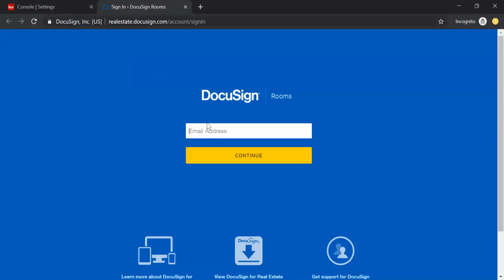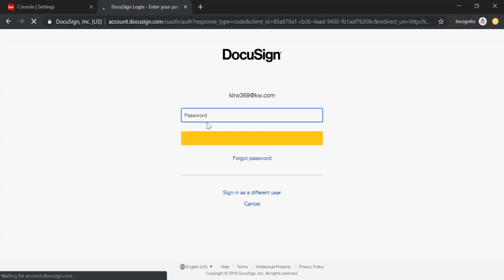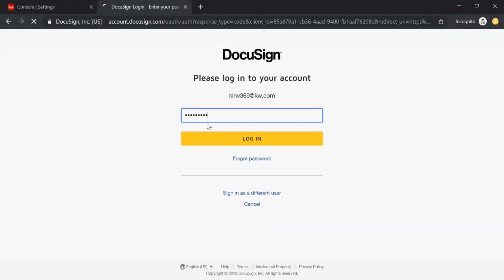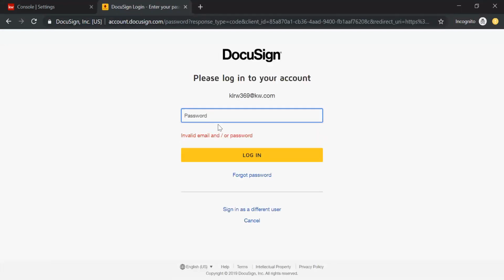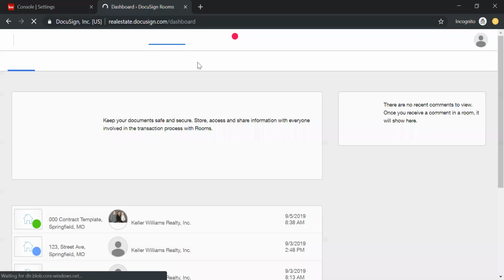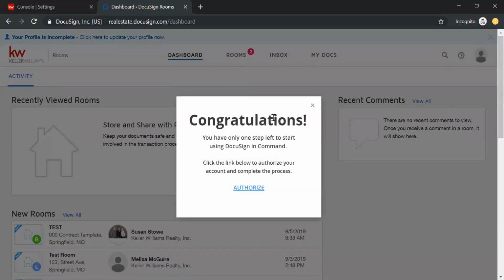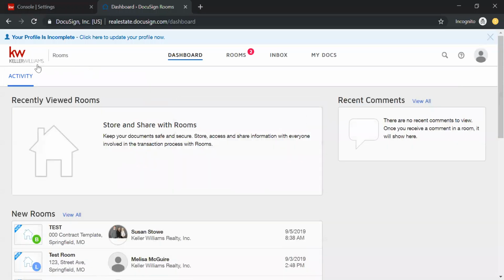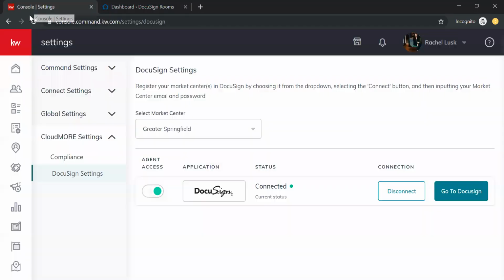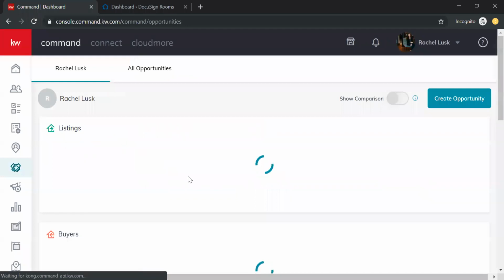Whenever I go to DocuSign here, it's going to pop up this, and it's going to ask me what my email is. It's going to ask you to enter your username and password. And so then you'll know your DocuSign is linked to Keller Williams because it will have the Keller Williams logo over here on the left-hand side. Whenever you click Start Transaction, it will open up a specific room with this transaction that you've created in